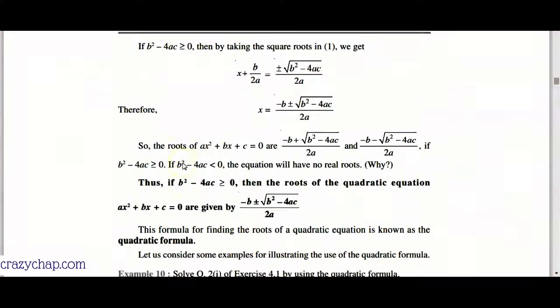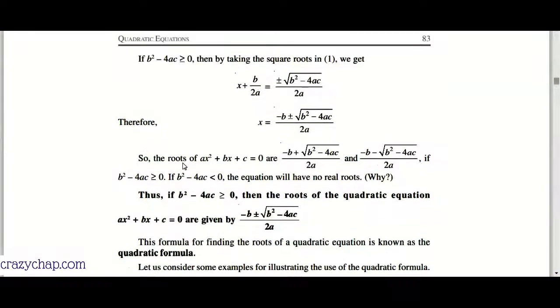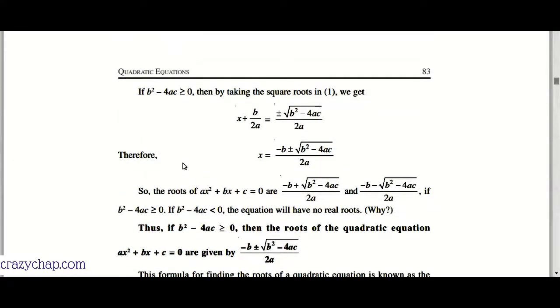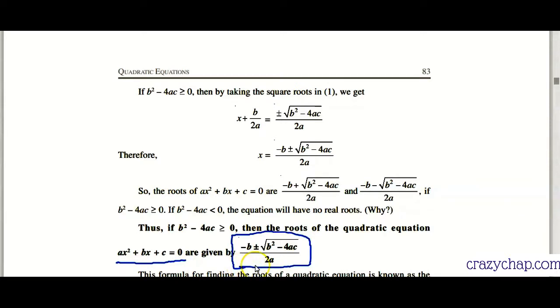Let's move on. You can see here the quadratic formula is given to us. This is the third method we are learning to solve a quadratic equation. The value of x is minus b plus minus square root of b square minus 4ac over 2a. Now we'll learn where this formula comes from, okay? We'll see how we get this formula. So let me write down the quadratic equation first. ax square plus bx plus c equal to 0.